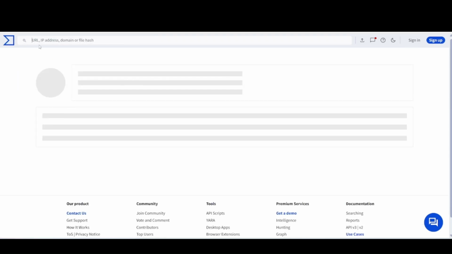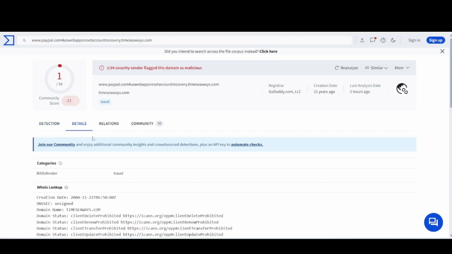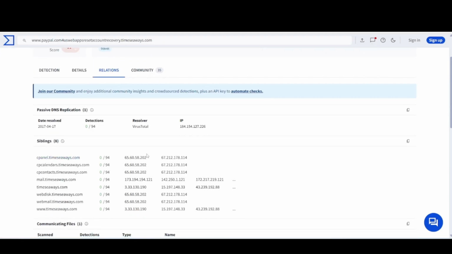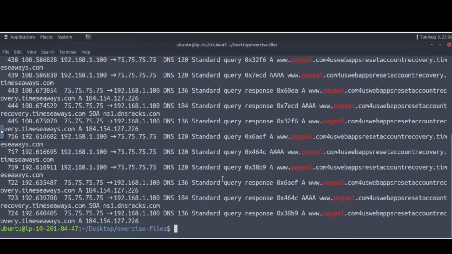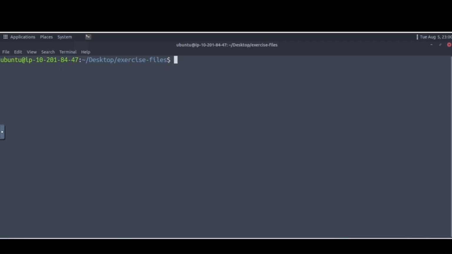Okay, get rid of that, and then we'll go to details here, relations, and then you can see the IP address listed here, right? That's the one in question. So that's another way of doing it. But anyway, as we are conducting our investigation, since we know that that's the suspicious